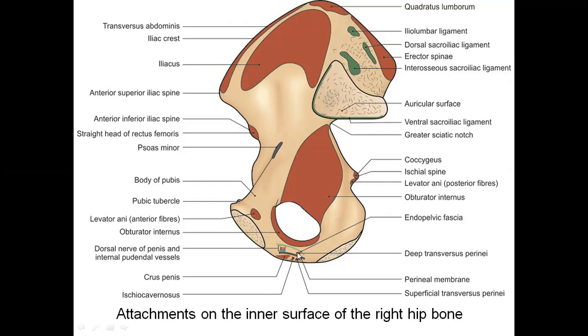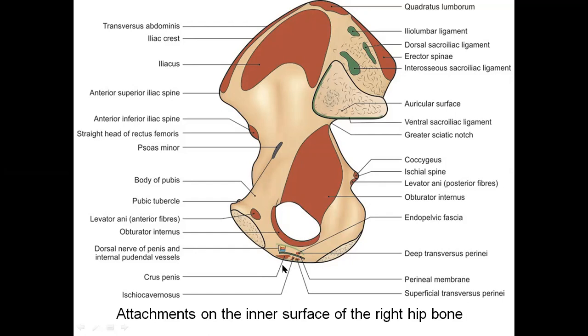in the pelvis of abdomen region. Just a word where the muscle's name has come here, that is the deep transversus perineum, and you are also finding other structures like the dorsal nerve of penis, internal pudendal vessels and nerves. Then this thick green line, you are finding, is actually the perineal membrane.